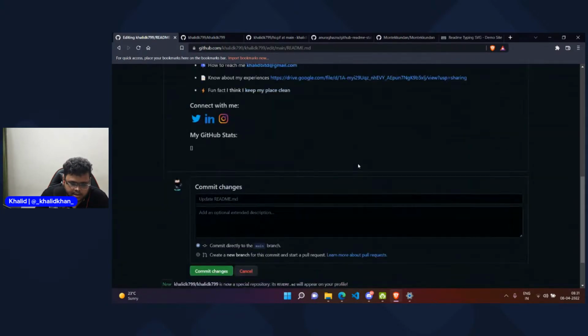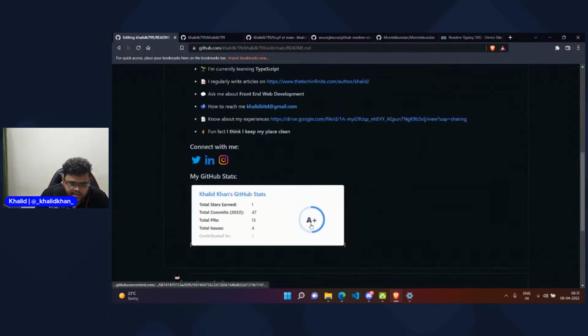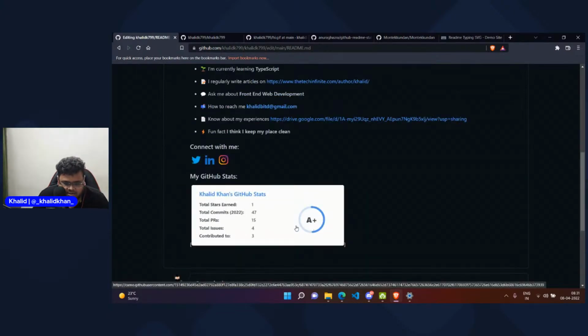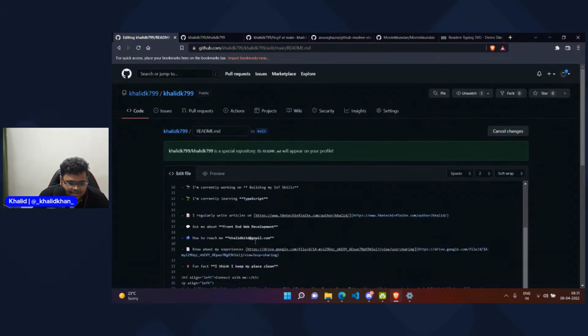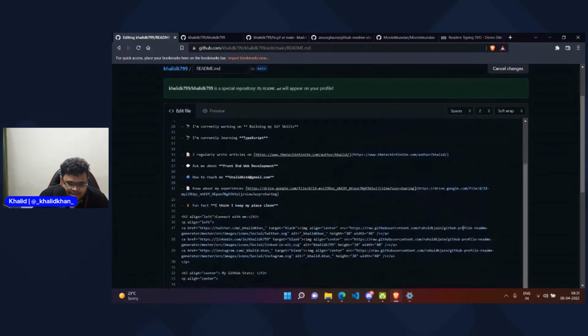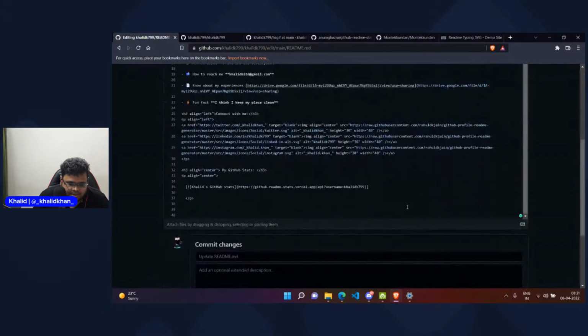Let me review if it's showing the GitHub stats. Yes, it is showing my GitHub stats. Okay, there's some issue. I have not removed the square brackets here, so it is showing the square brackets below the image. Let me change it.